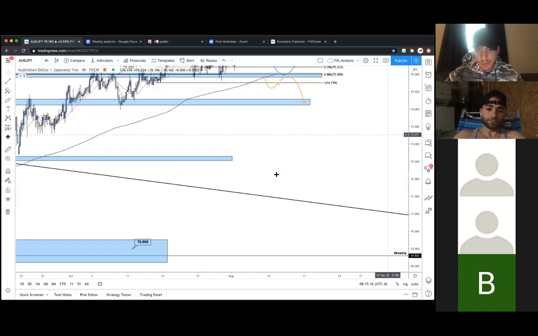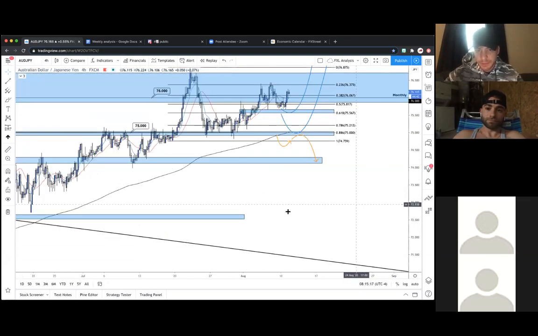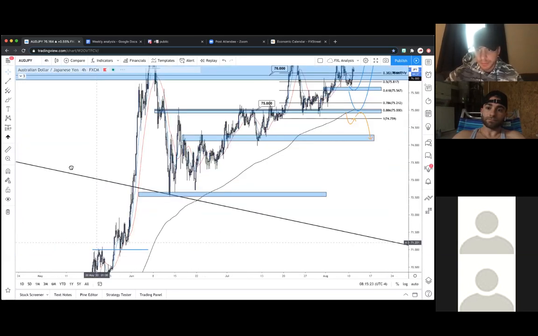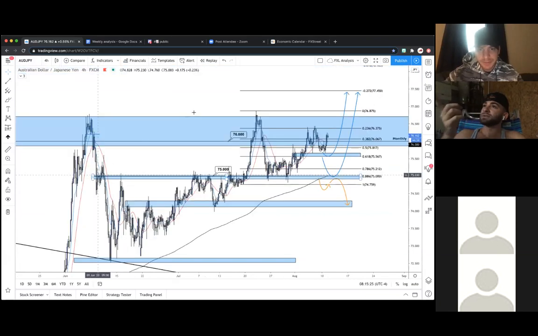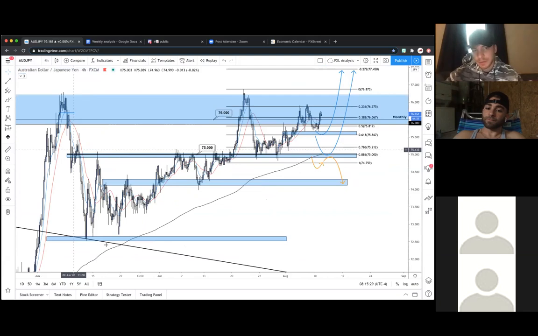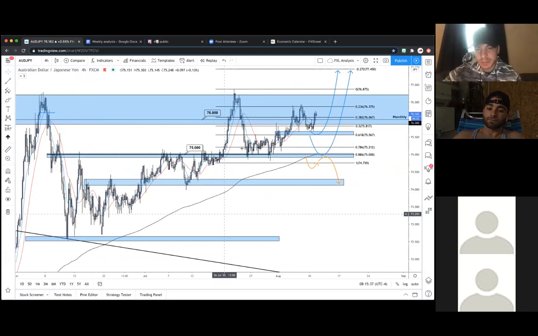Okay, huge 4-hour trend, as we can see. Huge 4-hour bullish trend, right? Very, very bullish. It actually rallied all the way into this monthly at 76 flat, gave us a head and shoulders, came back, tested the upper trend line of that daily bearish channel, and then continued with a nice 4-hour bullish trend. Okay, lots of higher lows, higher highs, higher lows, and so on and so on.